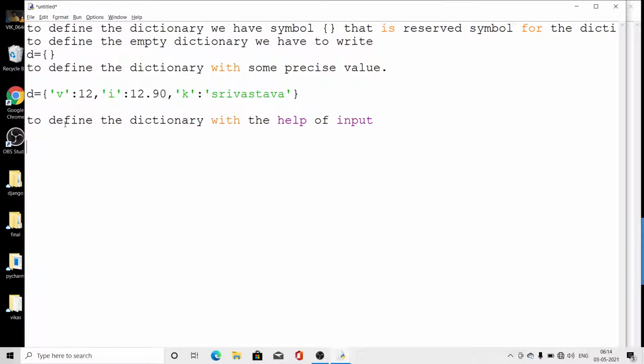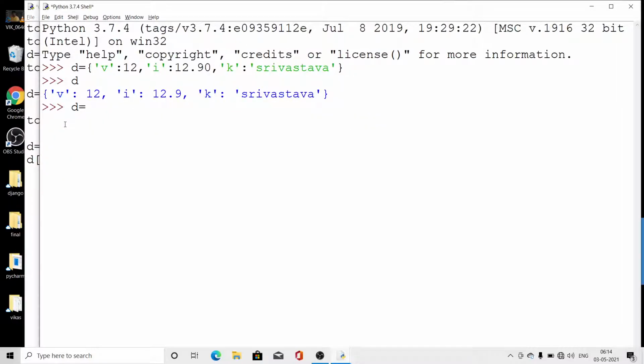And how we do this: first you define the dictionary as empty, and then d in brackets we define the key, and then is equal to, we define the value. For example, I write d is equal to empty, and then in the key I am defining Vikas, and in the value I am defining Srivastava.